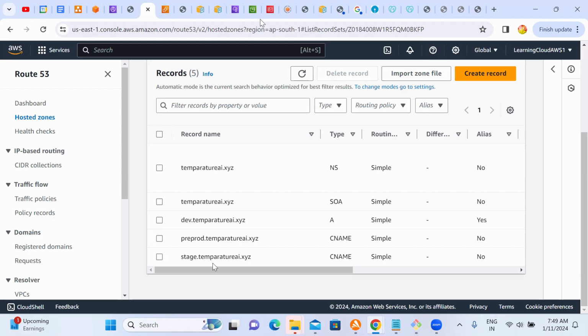Usually in the environments like dev, stage, pre-prod and all, we will not allow them to the outside world. Even at the load balancer level also, we will restrict ports 80 and 443 only within the company. These dev URLs, only production, for example,